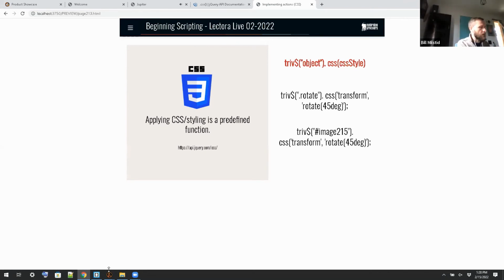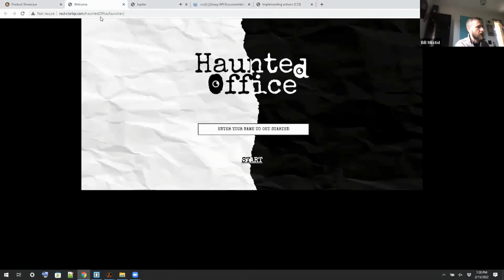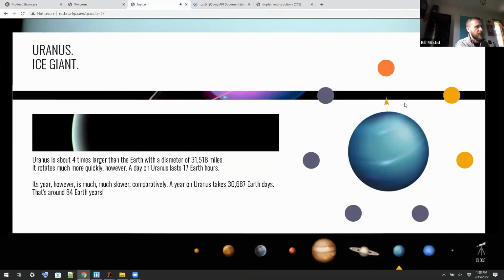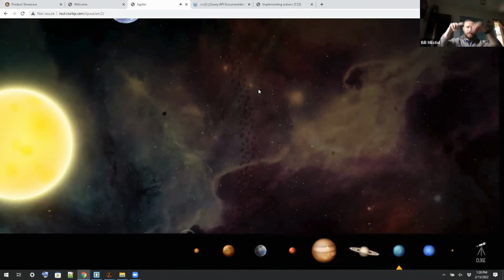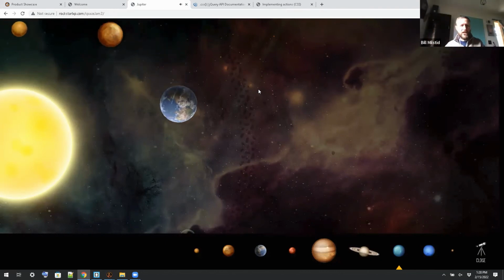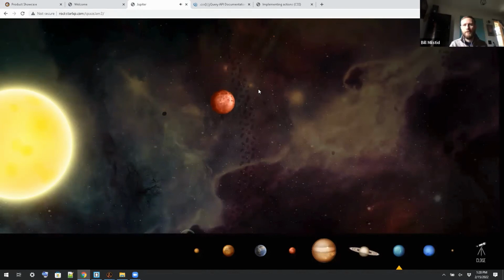To the point that, back to the example I was showing you before with my space exploration bit here, every single thing that's going on in this back page, where I've got rotating images and everything swirling around, all that is what I was just showing you. It's triv $, a CSS selector for individual object IDs, CSS, and then a transform to rotate that object around